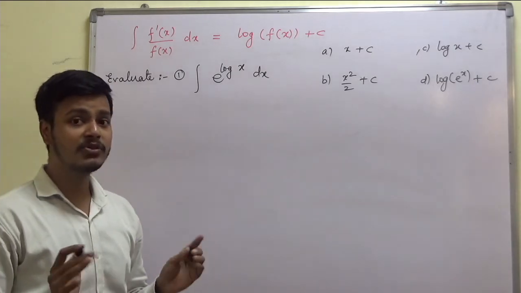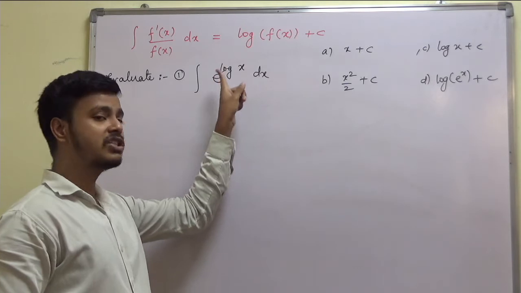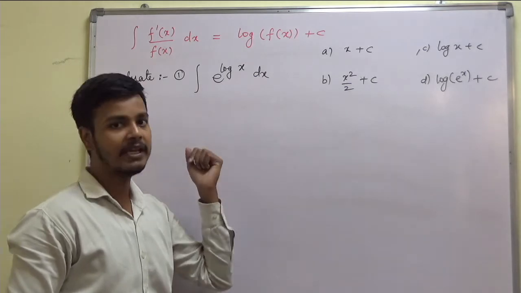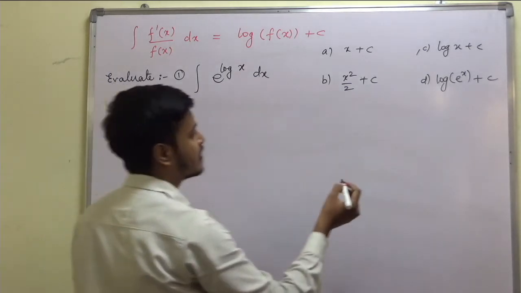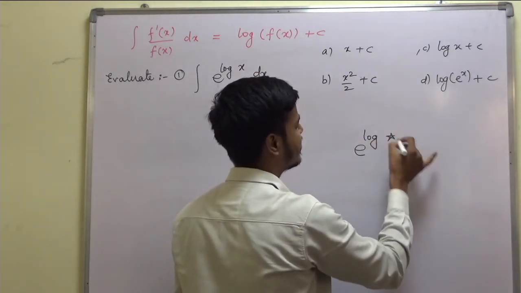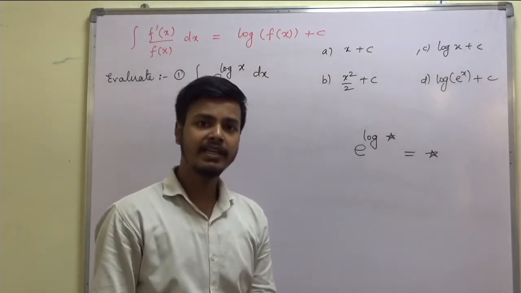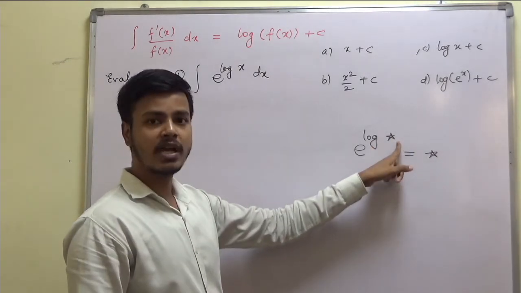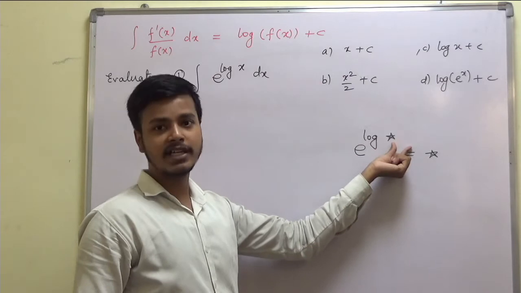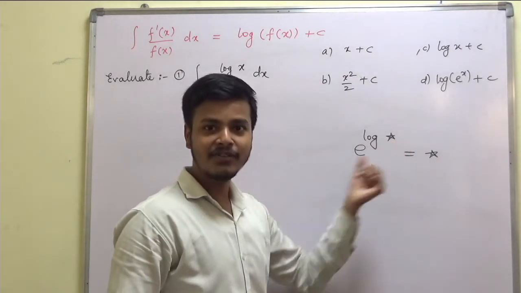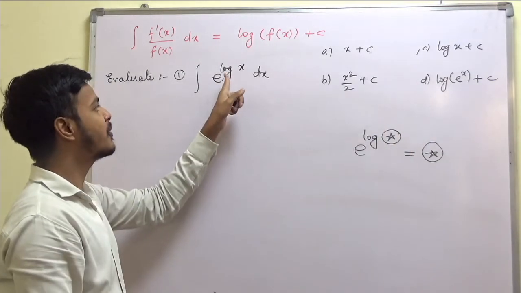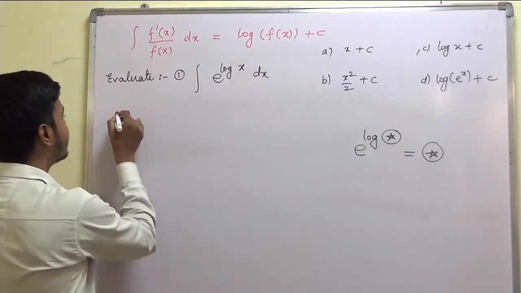Now you just need to remember that exponentiation and logarithm are opposites of each other, or they cancel each other. So remember the formula, e to the power log of something is something. E to the power log of Shah Rukh Khan is equal to Shah Rukh Khan. E to the power log of Sunny Deol is equal to Sunny Deol. So you remember this. It is like that only, e to the power log of x. So what is this? This is the same as